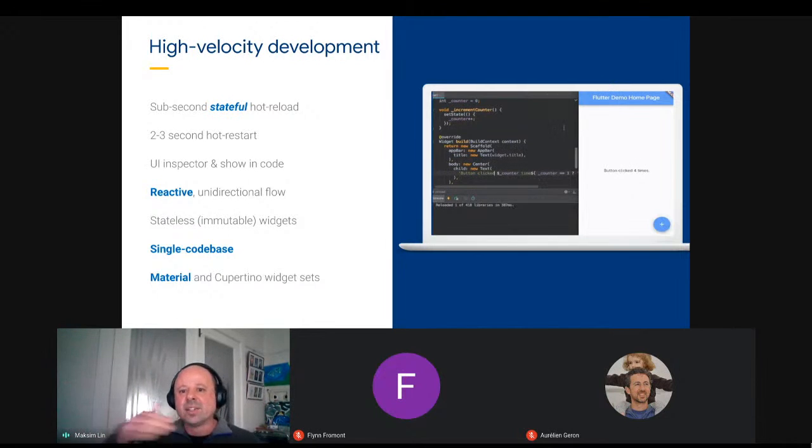So you've navigated through your app to get to a particular screen, and then you want to make some tweaks to that screen. You can do that. And as you make those changes, you won't lose your state. You won't get kicked out to the beginning. You'll stay in that screen of your app that you've navigated through to. Now, alongside that, the stateful hot reload happens very quickly, like under a second.